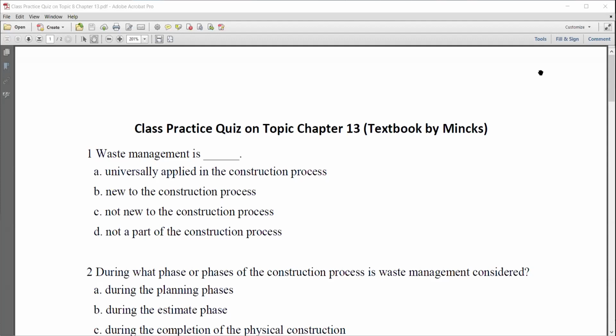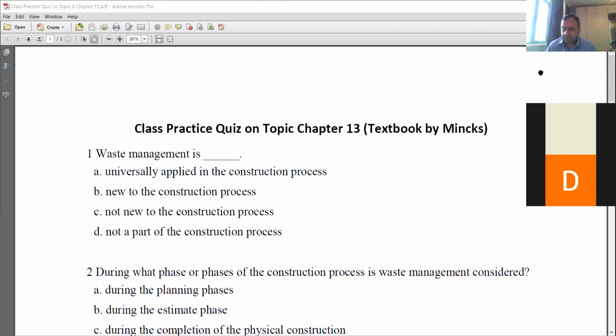Waste management is not a part of the construction process, or any other answer? Yes, any other answer? I think the correct answer which I have is not new to the construction process. Yeah. So